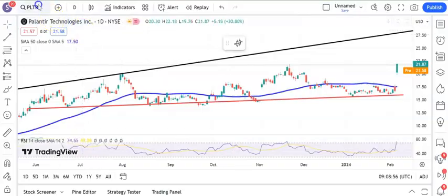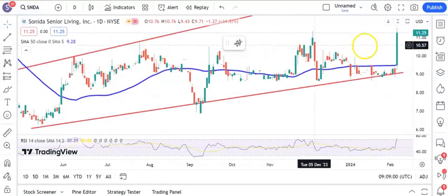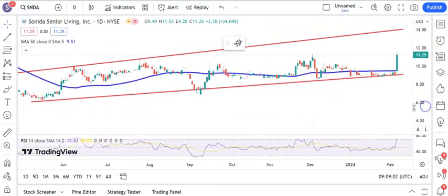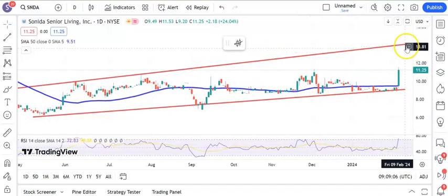A new name coming up, and here it is in the form of Sonida, Senior Living, a subject close to my heart. Here we've got a rising trend channel and a rather illiquid situation, but could still head up to $14 by the end of this month, while we remain above just the mid-December resistance area, around $1 lower than where we are now, around